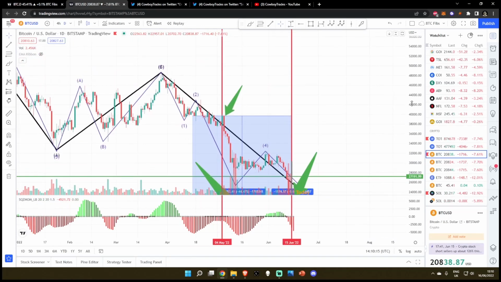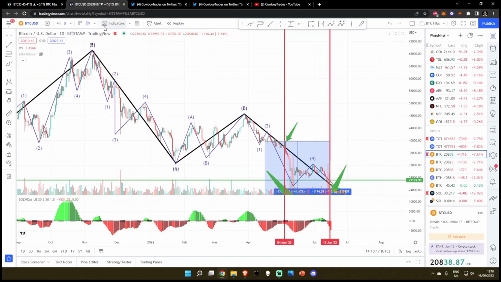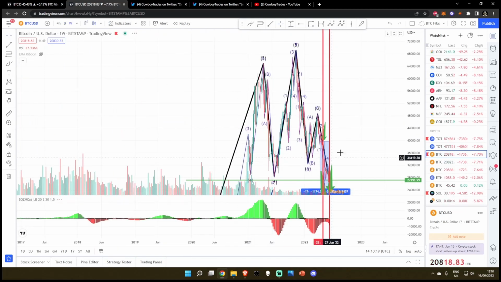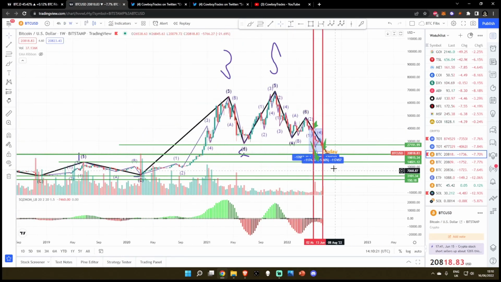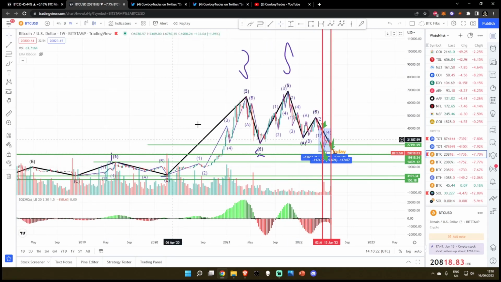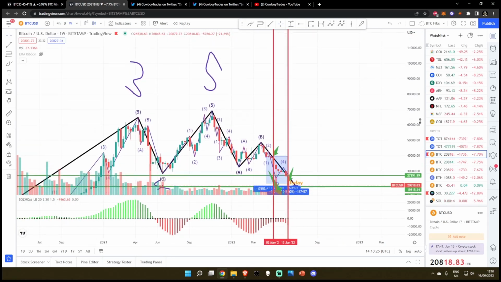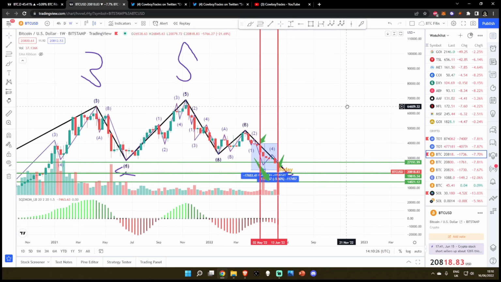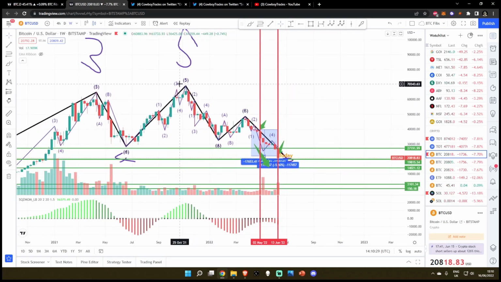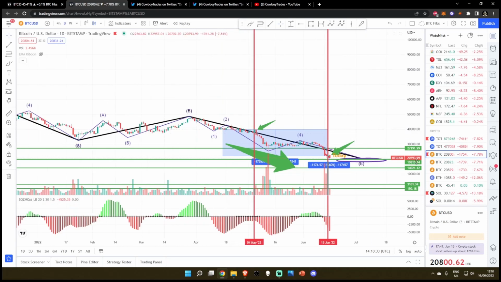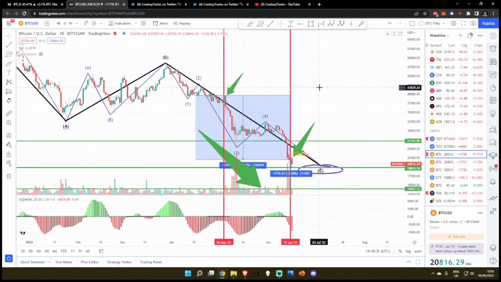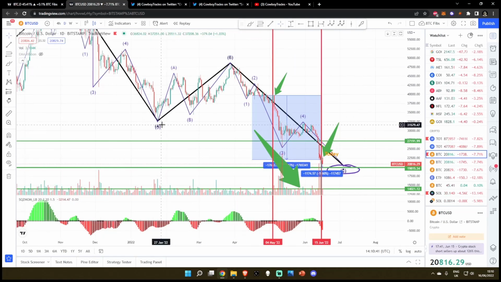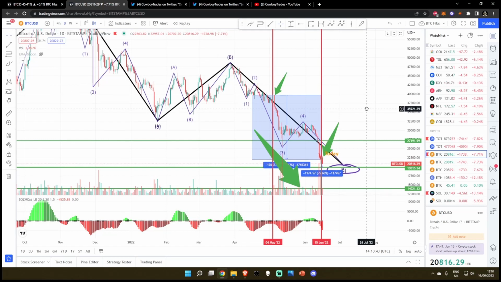We are dumping. One thing I would like to say is if we zoom out on the Elliott waves, I talked about this before, but we already have had our 5-wave impulse from this bull run, so we are obviously moving into a bearish phase right now, bear market, whatever you want to call it. We've had our A, B, and we're currently in the C, which, if you know Elliott wave, is the last wave to the downside. Now, there are 3 bearish impulses in the 5-wave back to the downside when you're having your A bearish impulse and your C bearish impulse.